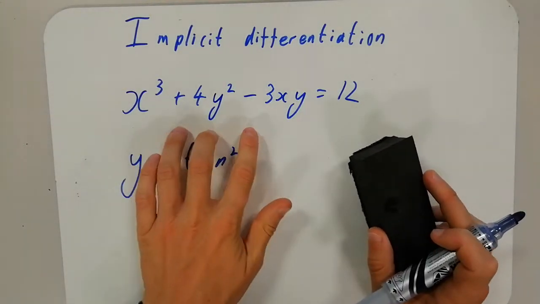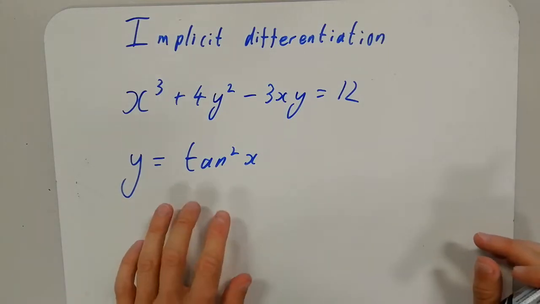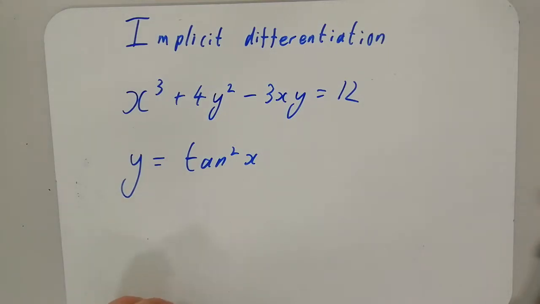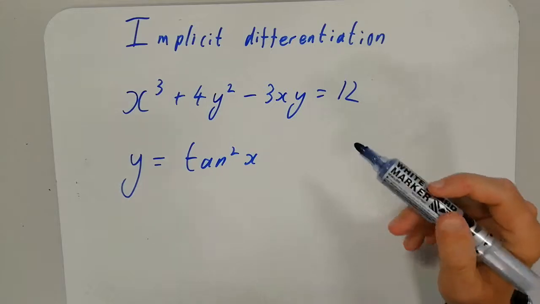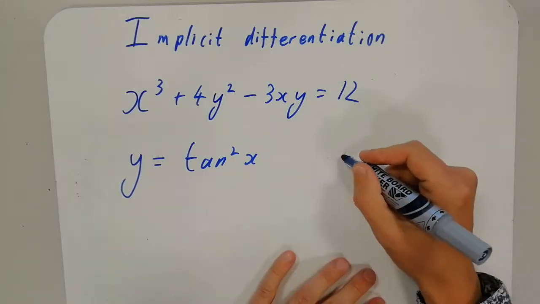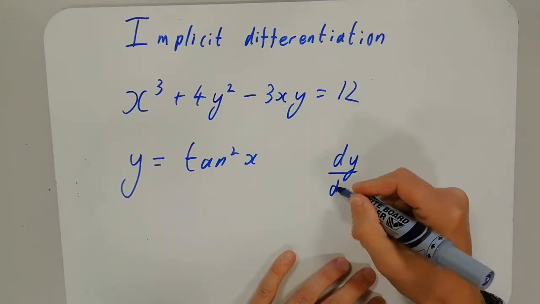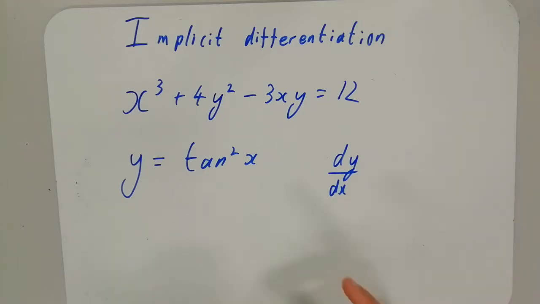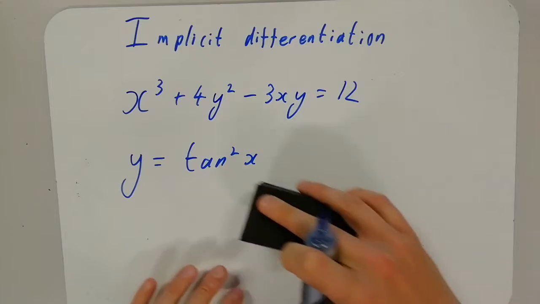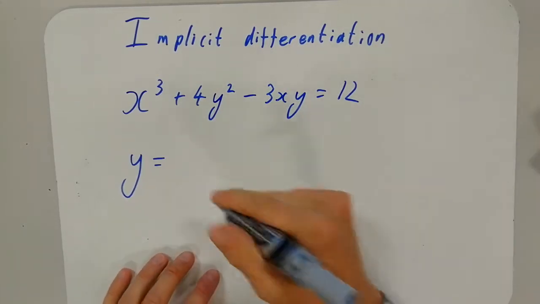Well, before we look at how we differentiate this, we're just going to consider what we actually mean when we differentiate usually. Because one way that people misunderstand this is they think that dy dx means I have differentiated and this is what I get. However, if we look at a really simple example,